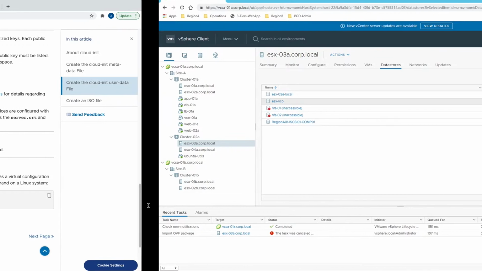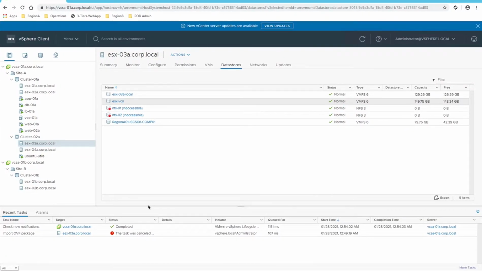I already have an infrastructure for my deployment. I have chosen one of the hosts, ESXi-03A, and it has a data store named ESX VCO. I've kept this data store separate, but it doesn't mean that you cannot use a shared data store for your VCO deployment. It is just my way of deploying things. Let's go ahead and deploy